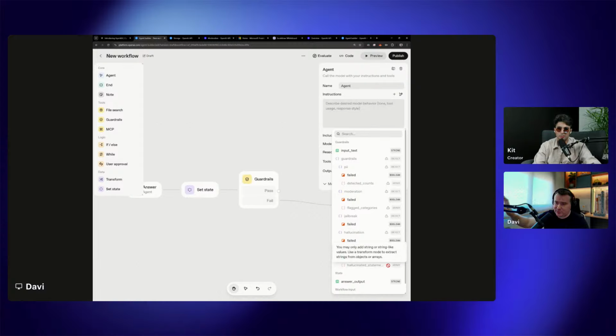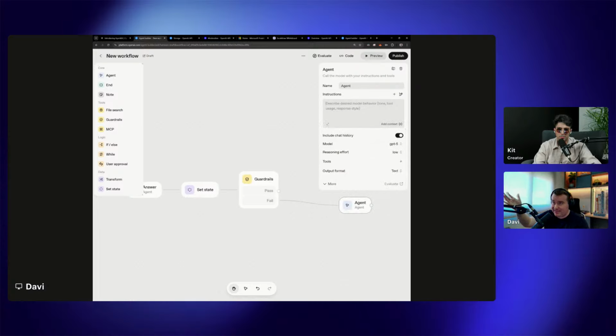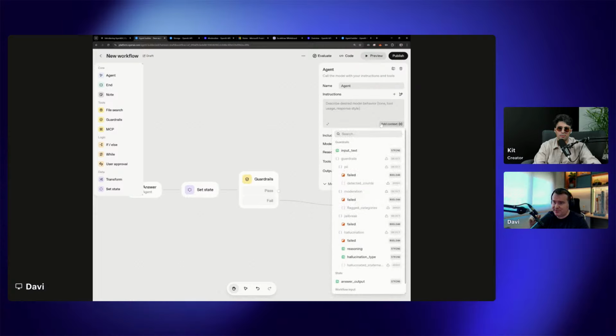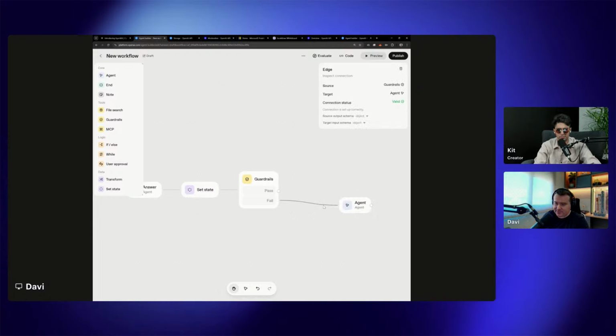If I try to edit, it says you may only add string or string-like values. We use a transform node to extract strings from objects to arrays. So this is why I need to use a transform, because it's not allowing me to simply use the hallucinated statements directly. What I want to do is add instructions to this agent to remove those statements, because at this point I already know if I have hallucinated statements or not, right? And that's the reason why I need to add in the middle here